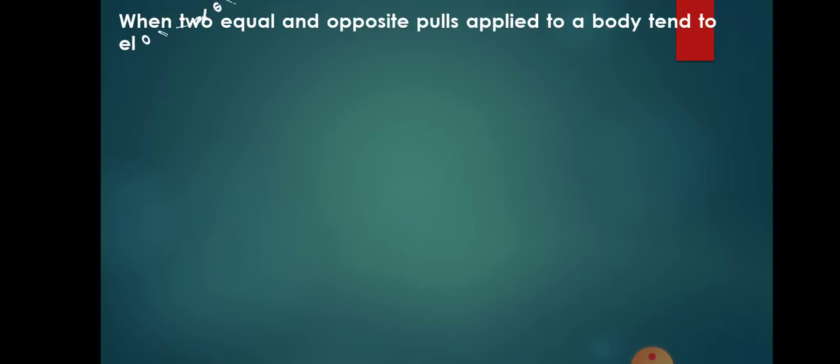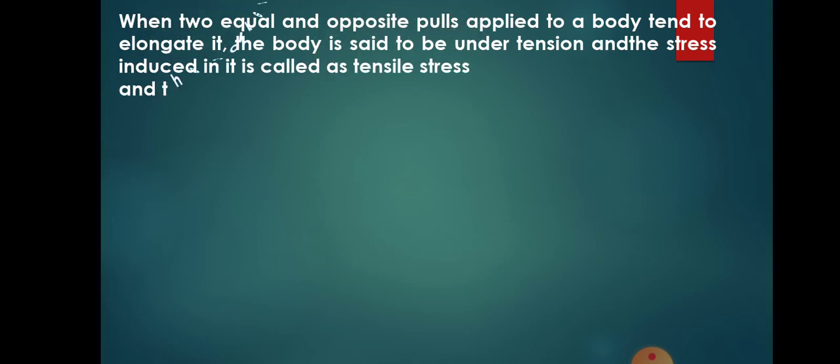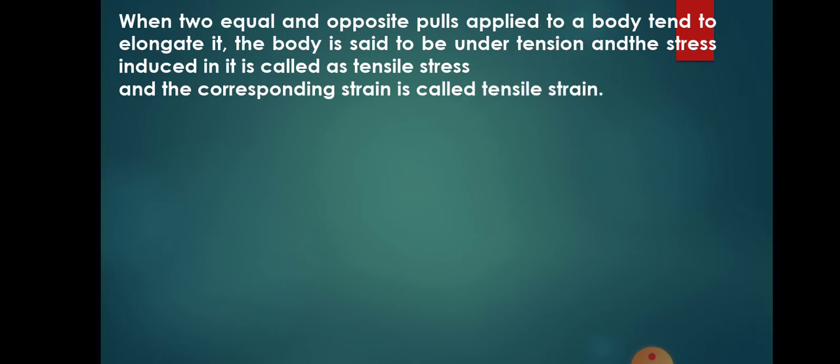See, when two equal and opposite pull forces applied to the body tend to elongate it, the body is said to be under tension, and the stress induced in it is called the tensile stress. And the corresponding strain: strain is nothing but the change in length to the original length. So here the body elongates along the longitudinal direction, and that is nothing but the tensile strain. Okay, next point,